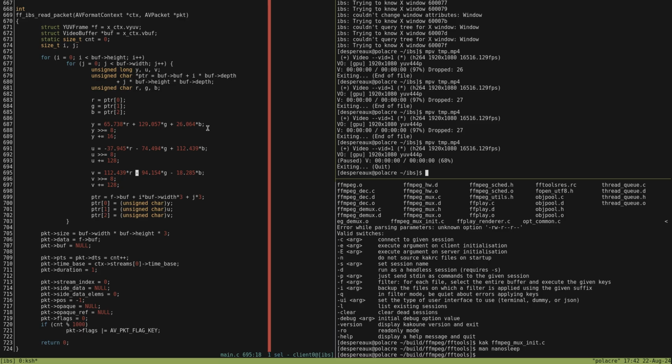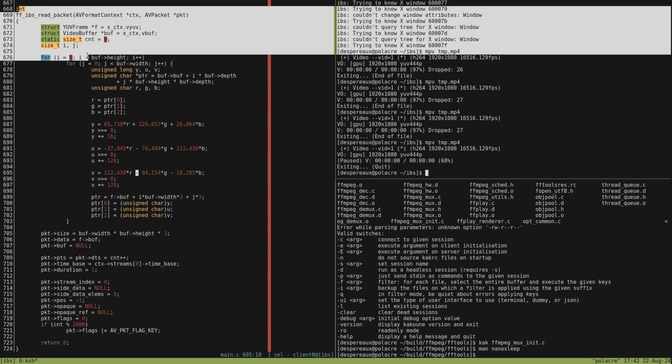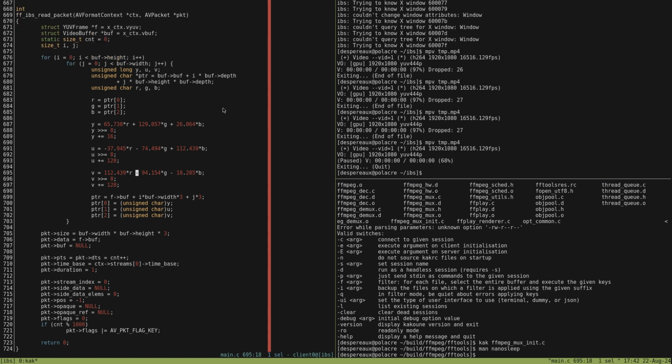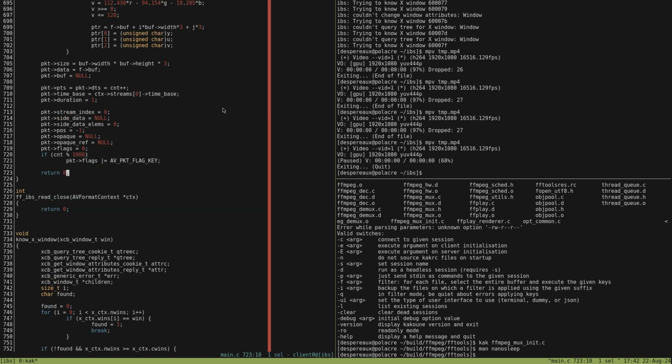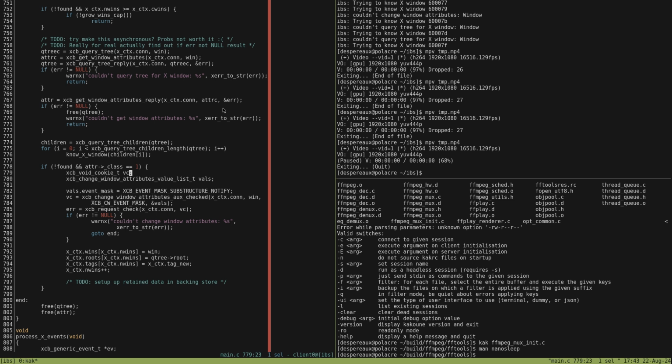That almost looks like an image in there, but I may be just seeing things through the colors. Let's actually switch from this method to the frame method, because it's a little bit easier to know how to lay out the memory, because it's planar. So we'll do that switch now.